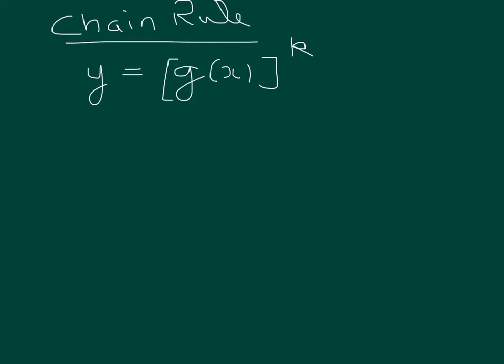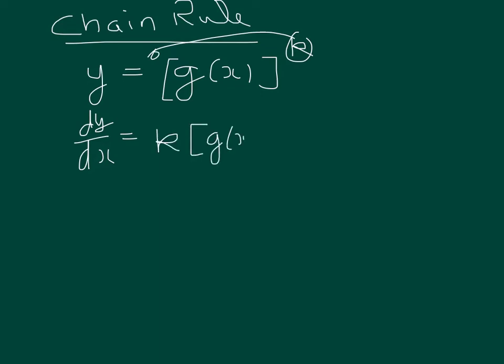So the extended power rule says that the derivative of g(x), or dy/dx of this function, is nothing but, we'll bring this k in the front. So we have k times g(x) to the k minus 1. Now this thing is familiar from what we did in the regular power rule, but now times g prime x. So this is the additional piece that we are working with,